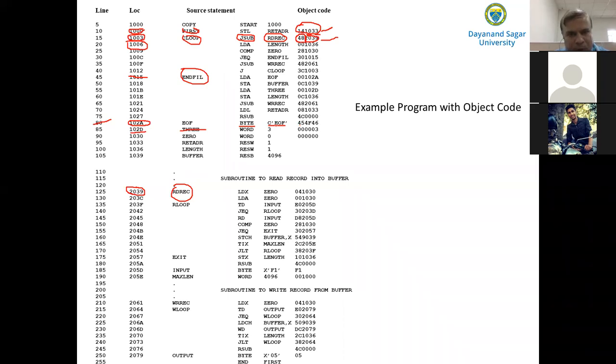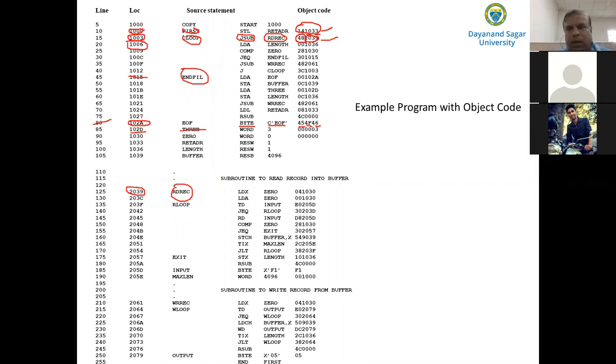The ASCII code of this E is 45, because each character is stored as a byte. Okay, 45 is the ASCII code for E. Then for O it is 4F, and for F it is 46. So like that, you have to convert all the data constants into internal machine representation.